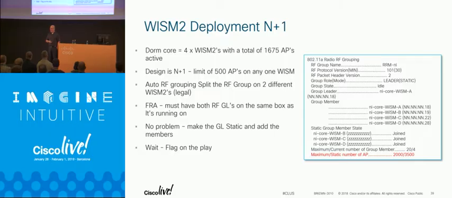FRA also needs to work in the same RF group, and if you still have multiple controllers, just double check that 802.11a and 802.11b group leaders are on the same controller. FRA needs both of those pieces of information, and it's only going to work on one controller. So if your controllers have split it, and this is primarily in WISMs, I think pretty much 5500s and up, you might see it in a 5500. Once you get into the 75s and the 85s and on up from there, you probably won't ever have to worry about this. Just know that it's there.